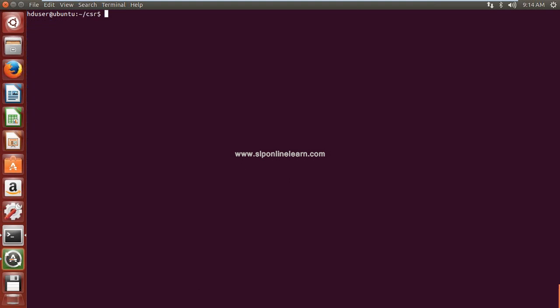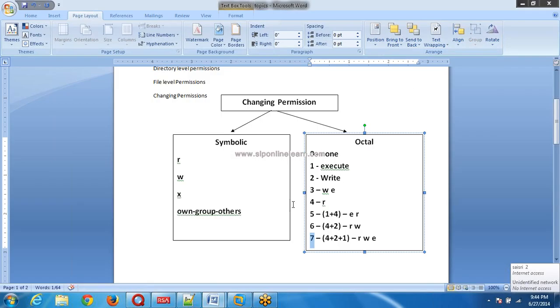Okay, we'll see examples one by one. Fine. So first we'll see this change mode command. The syntax of this change mode command is,